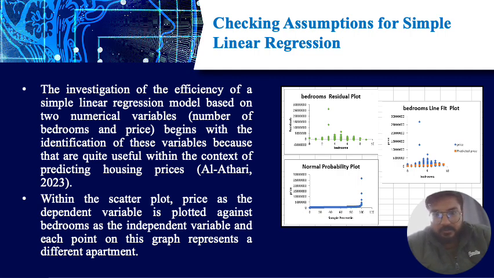Checking assumptions for simple linear regression. The investigation of the efficiency of a simple linear regression model is based on two numerical variables, number of bedrooms and price. It begins with the identification of these variables because they are quite useful within the context of predicting housing prices. Within the scatter plot, price as the dependent variable is plotted against bedrooms as the independent variable, and each point on this graph represents a different apartment. The next slide,